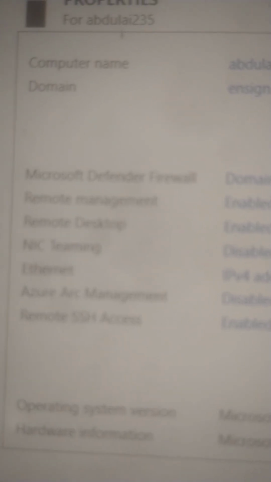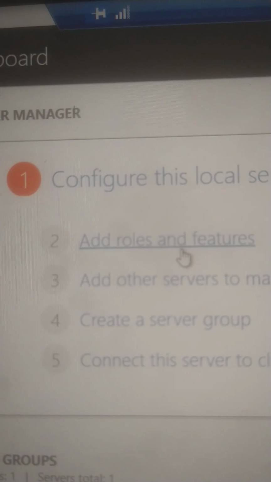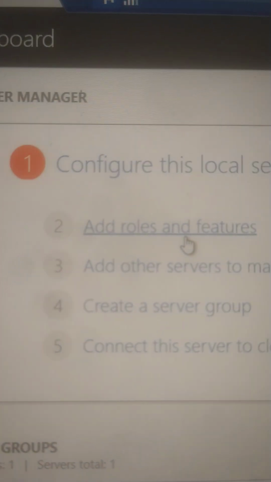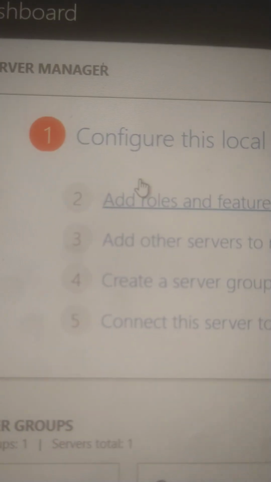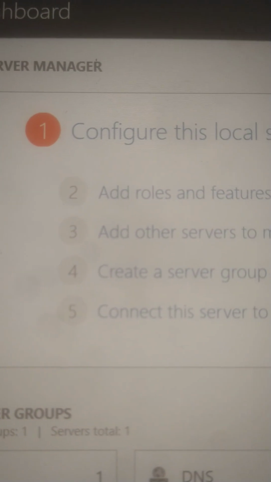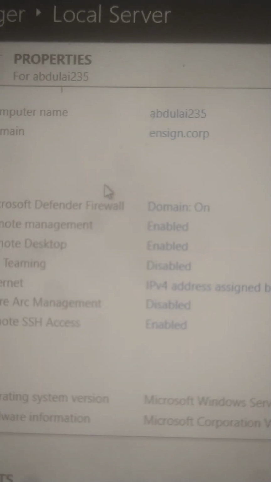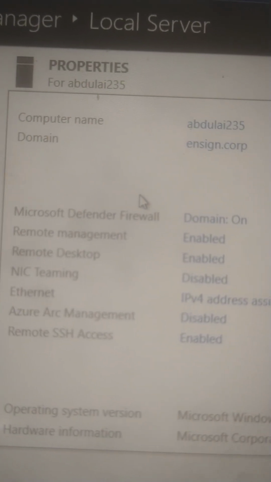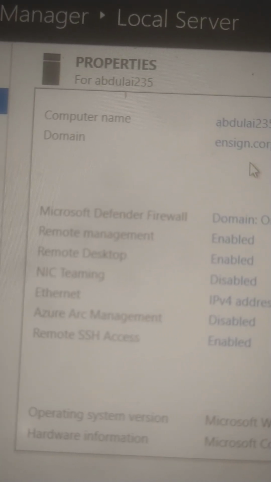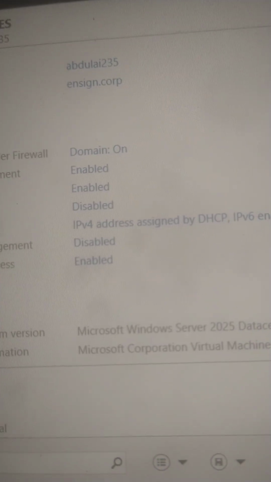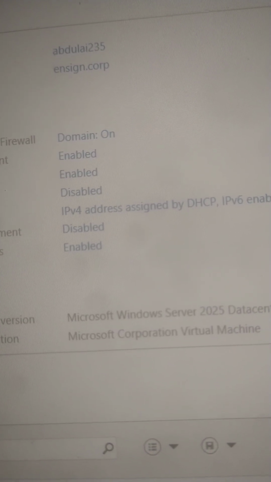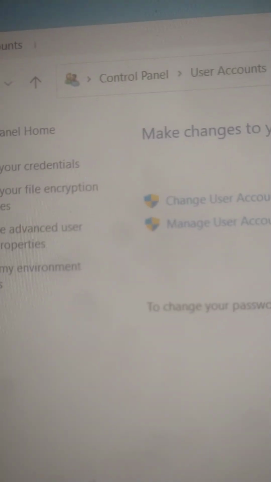I was able to promote my server to domain controller by using the dashboard, by using the feature which is add roles and features. Okay, and after that I was able to get to this point of having my domain name, which is enzyme.com. Okay, and after that I'm going to show you also how I use my